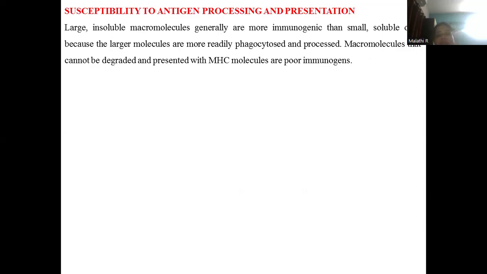Susceptibility to antigen processing and presentation: large insoluble macromolecules are generally more immunogenic than small soluble ones because the larger molecules are more readily phagocytosed and processed. Macromolecules that cannot be degraded and presented with MHC molecules are poor immunogens. So overall, whatever properties we have discussed, all those properties will induce the immune response, and certain properties will stop the